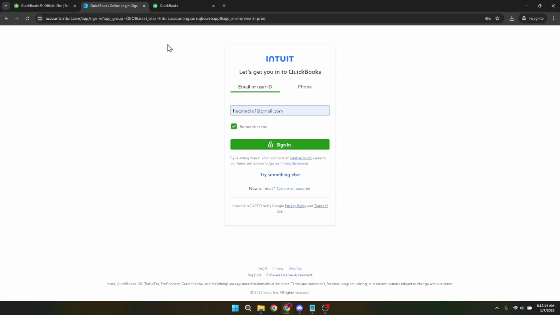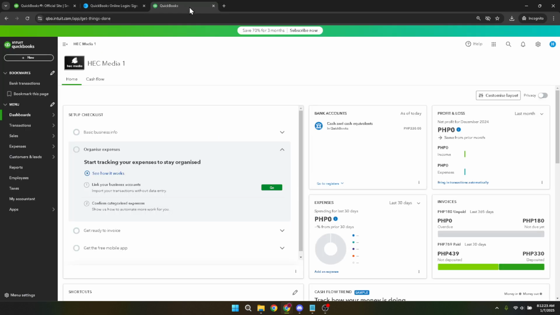Upon successful login, your next destination is the tax section within QuickBooks. Think of this as the command center for all your tax-related activities, which includes configuring taxes like GST. Beneath the surface, QuickBooks is designed to handle various types of taxes, depending on your geographical location and business operations.